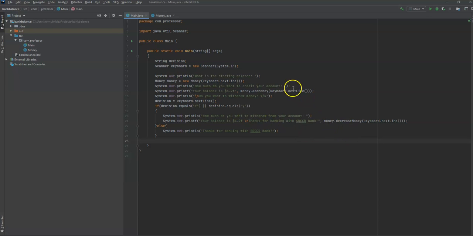And we created an instance of the money class called money, and we called it here and here, just to either increase the balance or at least initialize how much money is initially in the bank account, and then decrease here because you want to withdraw from the account, and then also we want to put a deposit. So let's go ahead and